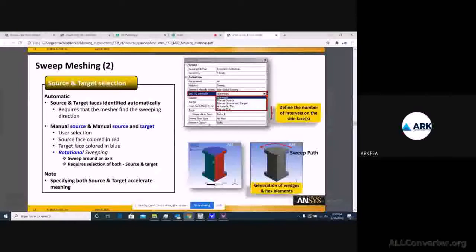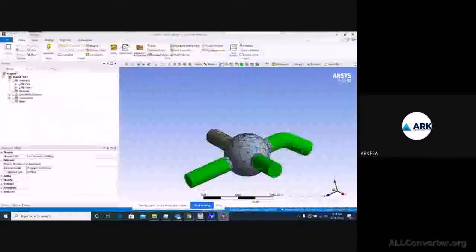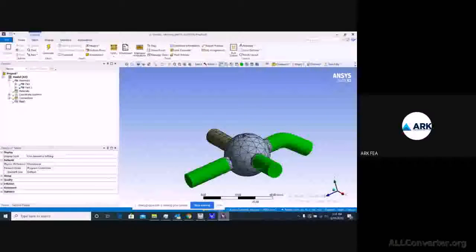Also there is an advantage that you can define the start and end point from where it has to start and where it needs to end, right? Most of the elements accommodated here are hex, and wherever possible it is going to add wedges and pyramids, right? So depending on what automatic adds, any kind of mesh, whatever is the suitable way, it will add. And in terms of hex methods, wherever possible, pyramids and wedges will get added.